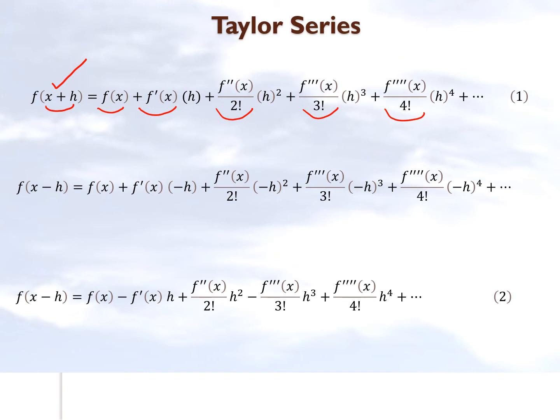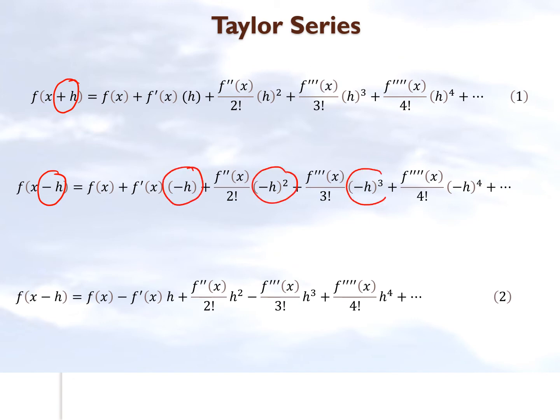So to derive the formula, all we have to do is to take this Taylor series, which we have just written, and instead of h we put minus h. So instead of plus h we put minus h now. So wherever there's an h we put minus h, like this, so that we can calculate the value of the function at x minus h.